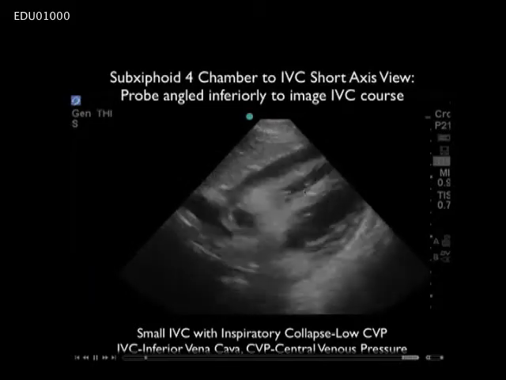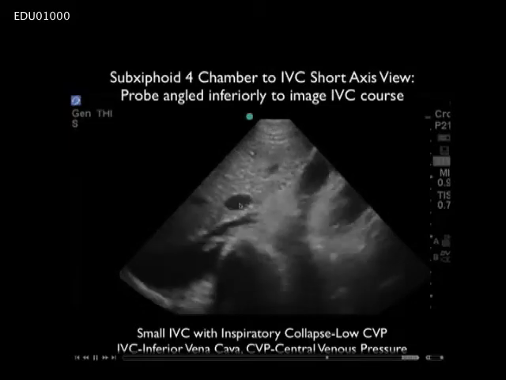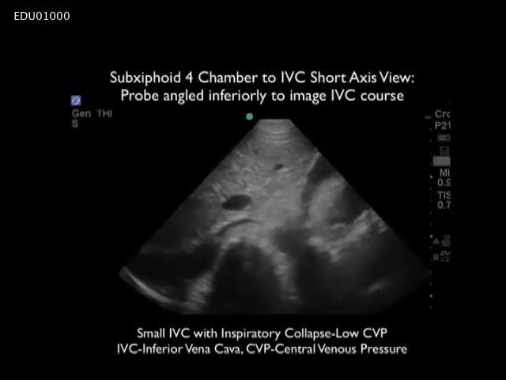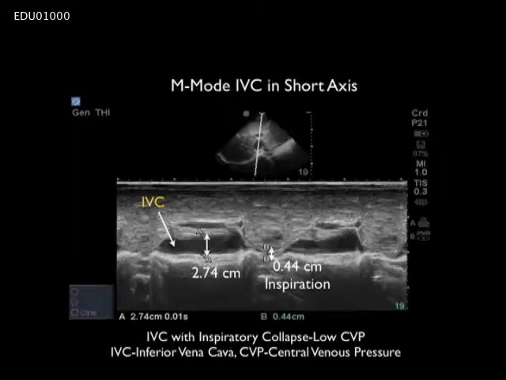Remember, we want to measure the absolute size and the inspiratory collapse of the IVC just distal to the hepatic veins. And we can see there that the IVC is relatively small and that it has a high percentage change from expiration to inspiration. We can use M-mode ultrasound to graphically show the changes in the IVC over time. Here we notice that the IVC is 2.74 centimeters at its widest diameter during expiration, but that it closes to